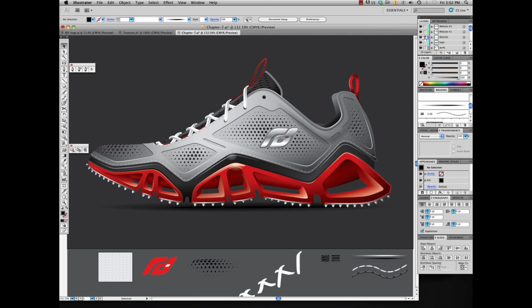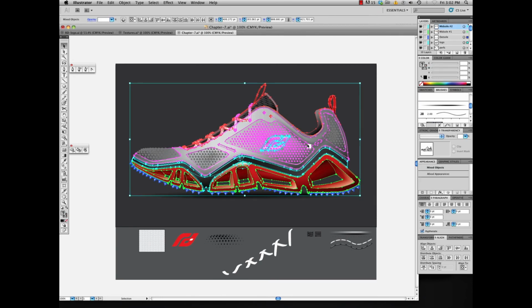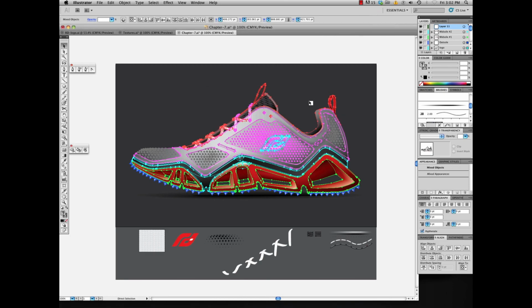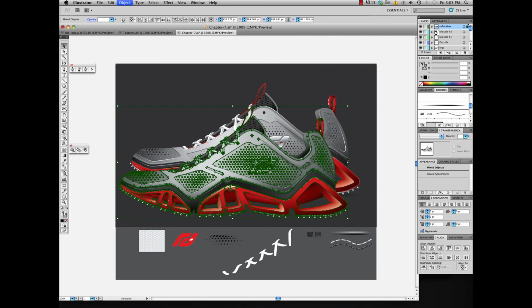Okay, now let's unlock all the other layers, and let's select our upper. So notice you can see all the different layers that are here. So I'm just going to copy this. I'm going to make a new layer. Let's call it reflection, and let's paste that into this layer. It's going to take a second because there's a lot of data there. It's duplicating all your information. Okay, let's group this together,